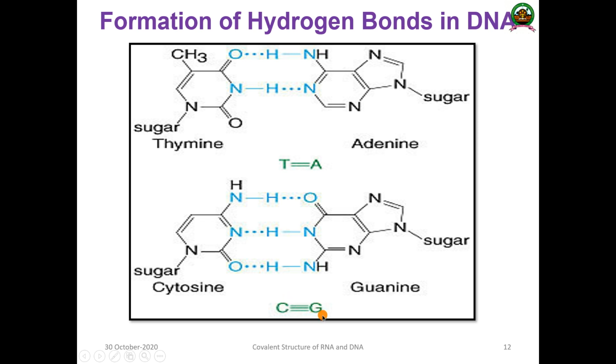C triple bond G is much stronger than the double bond, because if you want to break the bond you need to spend a lot more energy than for the double bond. So that is why the triple bond is very important. The G and C content of DNA is very important in microbiology, because in some organisms like archaeobacteria, the G plus C content is very high. That is one of the reasons they are able to survive in extreme conditions. So that is what I wanted to tell you.